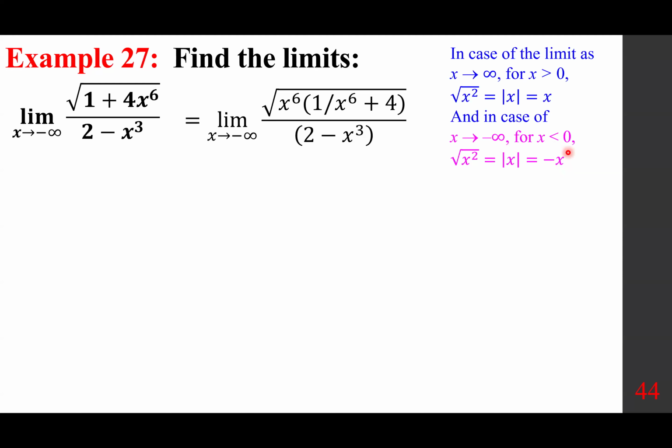So for x being less than 0, that's what we use. For x being larger than 0, that's what we use. X is larger than 0, drop the absolute value. X is less than 0, write its opposite. Therefore,